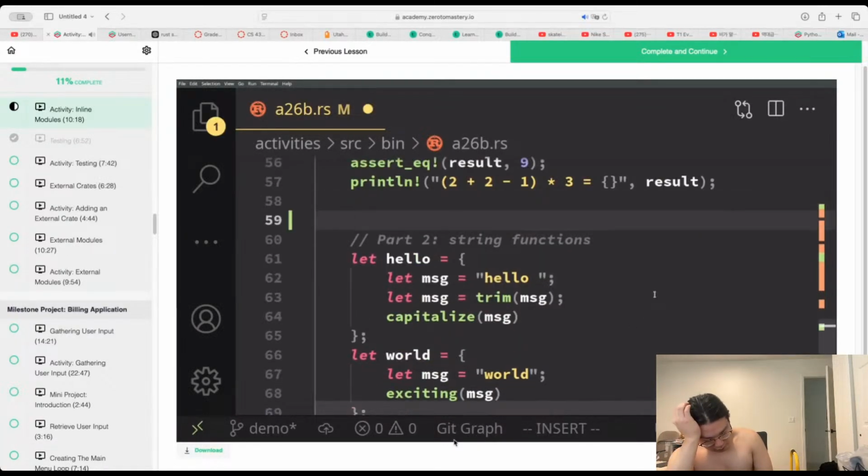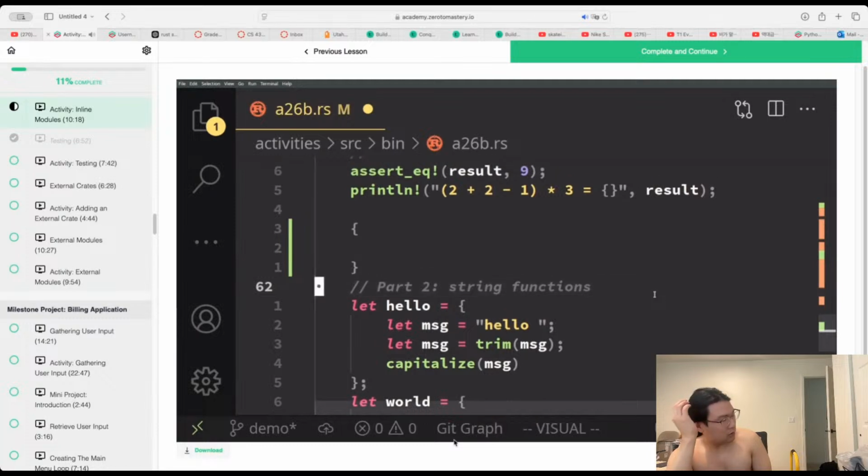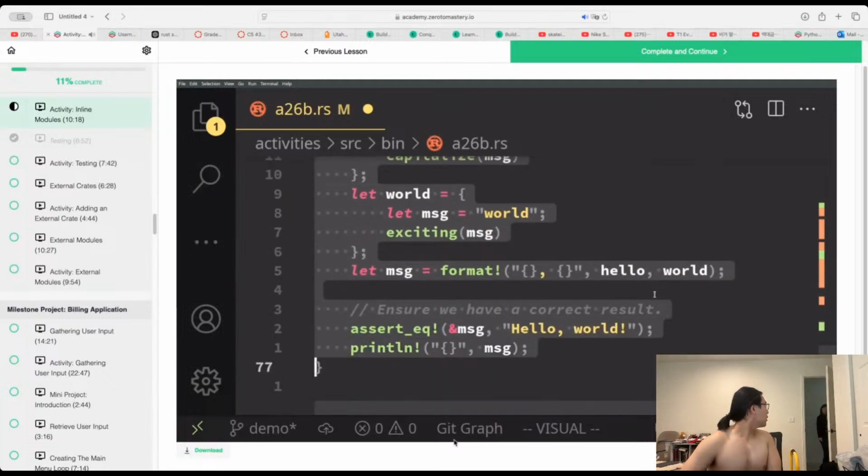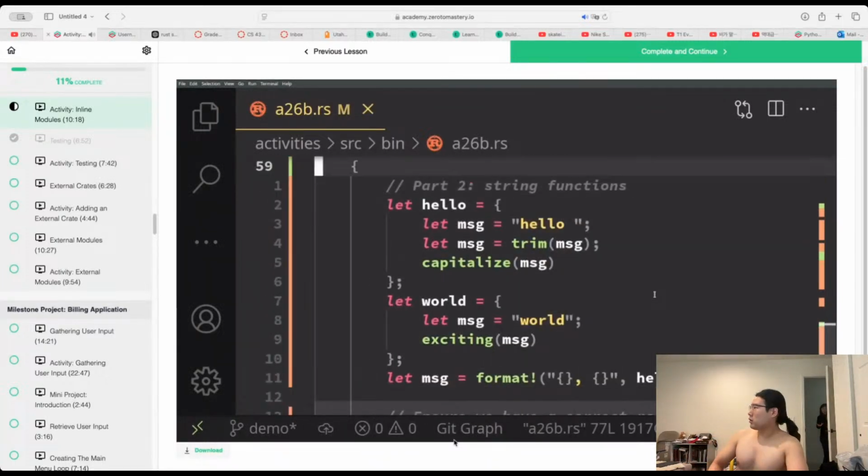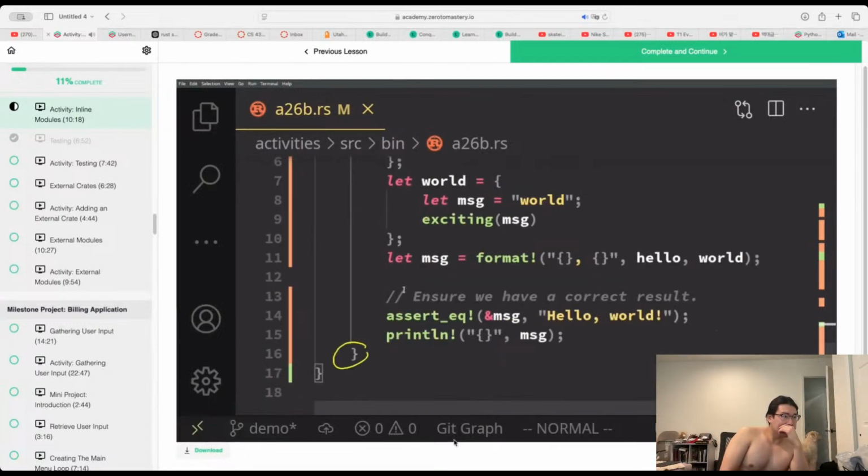I'm going to start by creating a new scope with curly braces. I'm just going to move all of this content into those curly braces. There we go. So what happens with the scope, which is initiated by an opening curly brace and a closing curly brace down here. Once we get to the closing curly brace on the bottom, everything within those curly braces